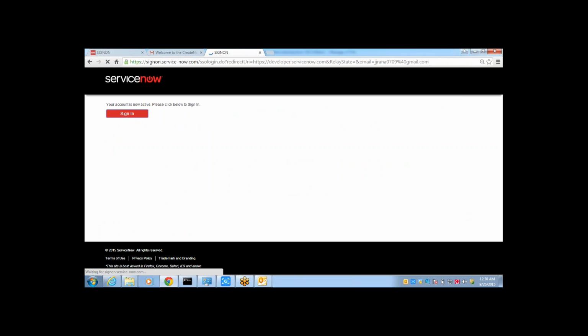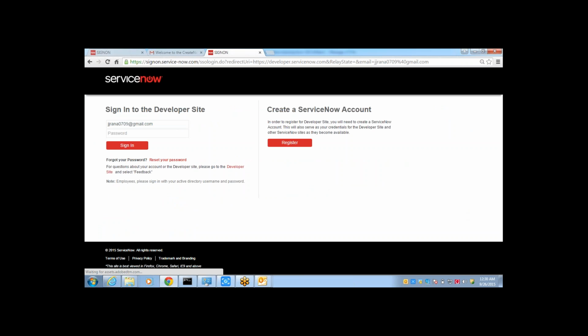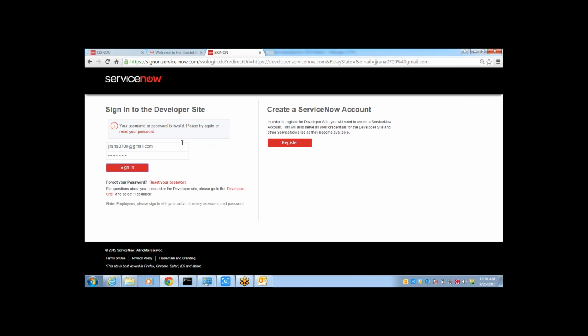So click on sign in. So use the password which you have given earlier. After that, please pass Arun until others do the same thing.